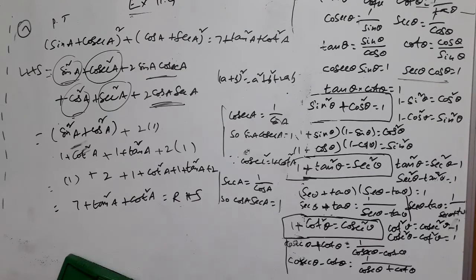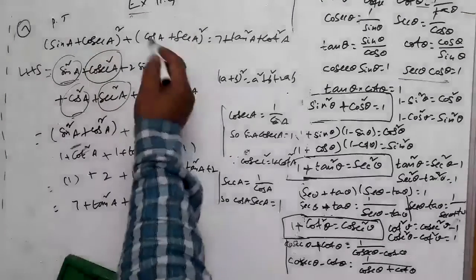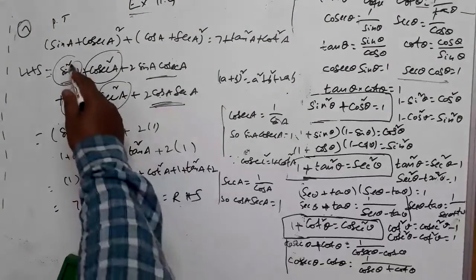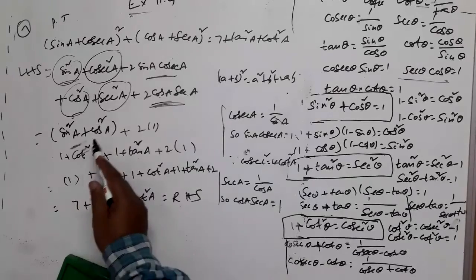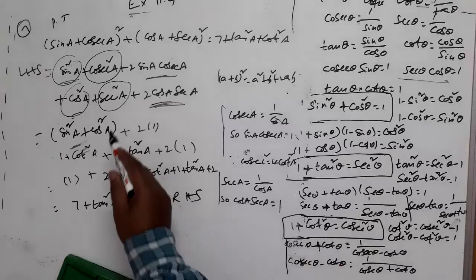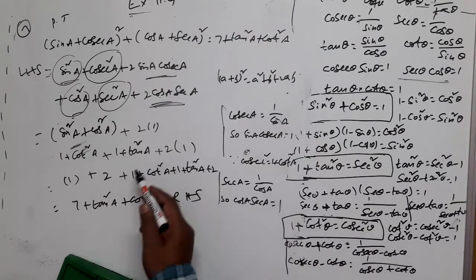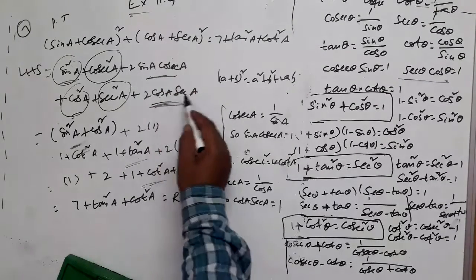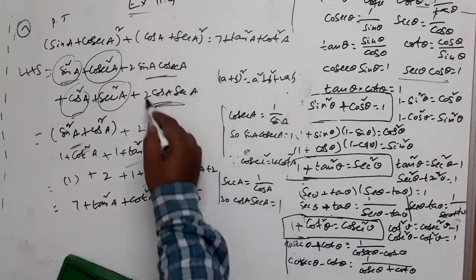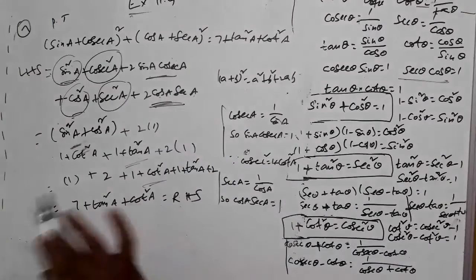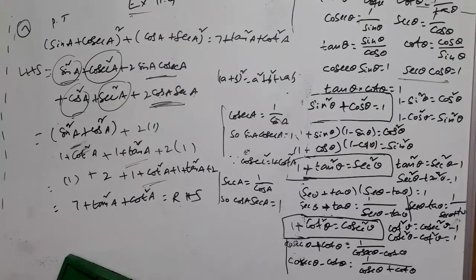Right? What have you observed here? In this question, you have expanded these two terms using the formula a plus b whole square. Right? You have written sin square a and cos square a in one bracket. You have written cosecant square a and secant square a using second and third identities in terms of tan and cot, like this, like this. Again, sin into cosecant is there, cos into secant a is there, because we know that these two are reciprocal of each other and product will be 1. So you have used that, simplified. That's all. This is question number 7.